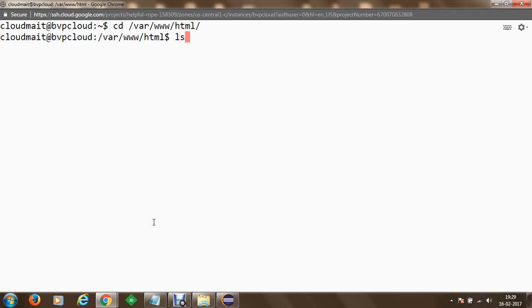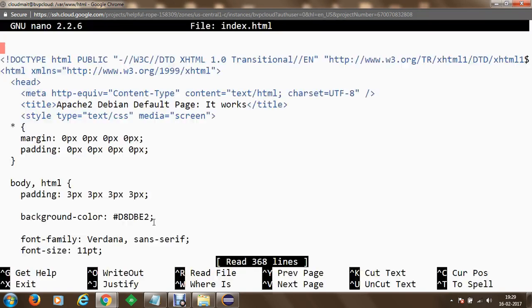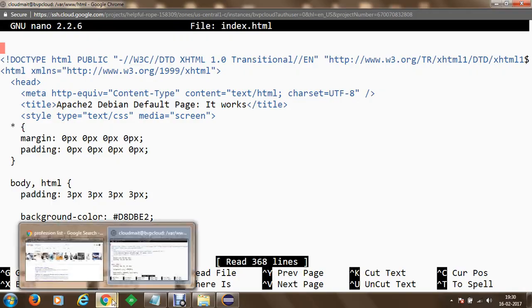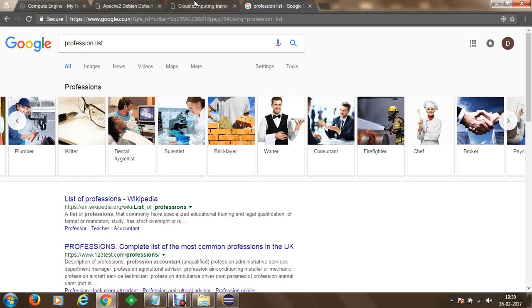If you execute the ls command, within this we have an index.html. If you open this index.html, you can see that this is the code for that Apache 2 Debian default page which we have recently opened.